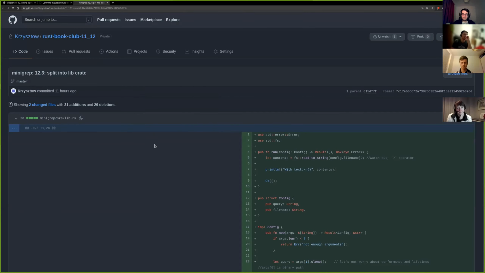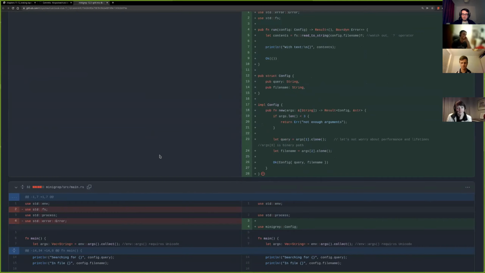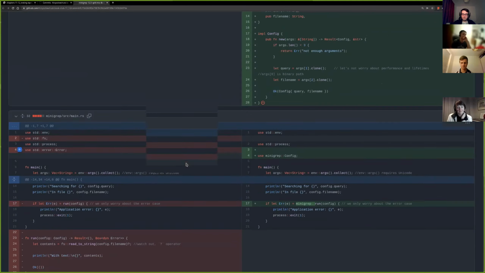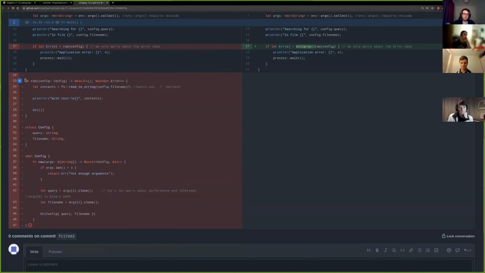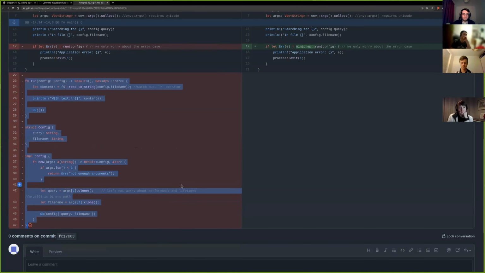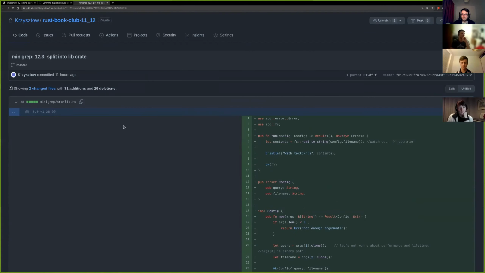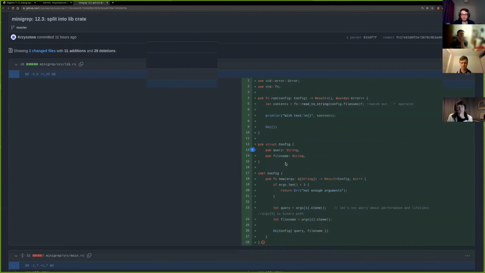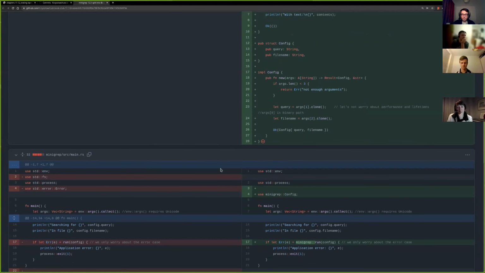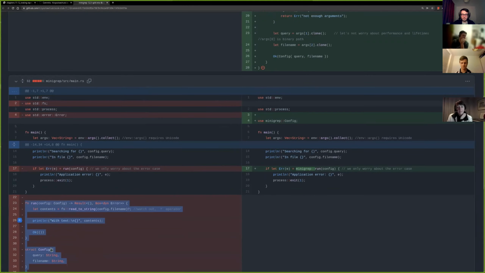And the next step is probably one of the nicer steps: all of that code that we were just extracting from main has been moved to the library itself, so the library part of the crate. There hasn't really been much done apart from just extraction to lib.rs with the necessary use statements. And then the adaptations of the main function itself are that